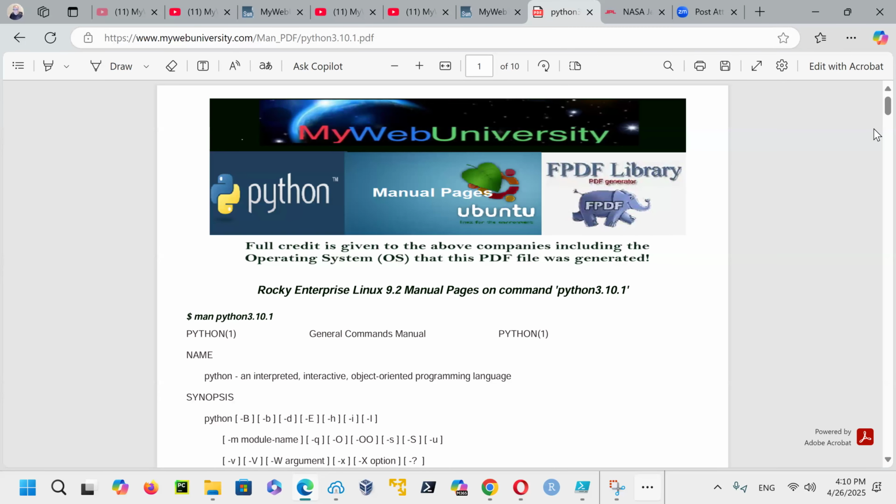So you click on that one, and this is my program, actually a Python program that I generated, and I give credit to mywebuniversity.com, which is my website itself, where I wrote all of this code for you and made it available on my storage and everything, and then available online. As well, I give credit to the Python programming language, because they are cool with all this open source, having this kind of software that we could develop.